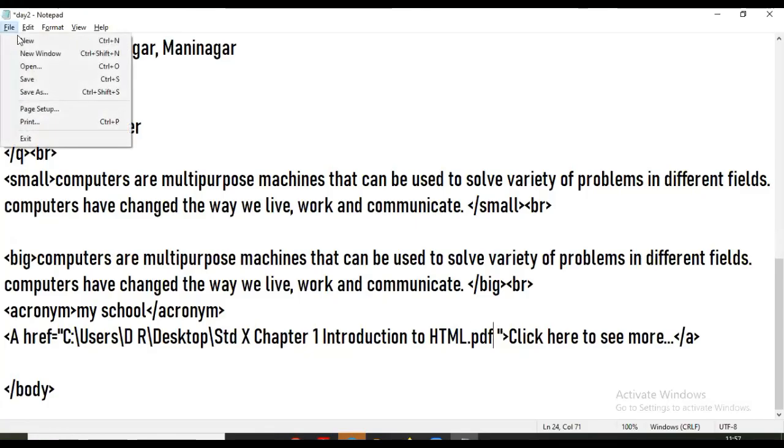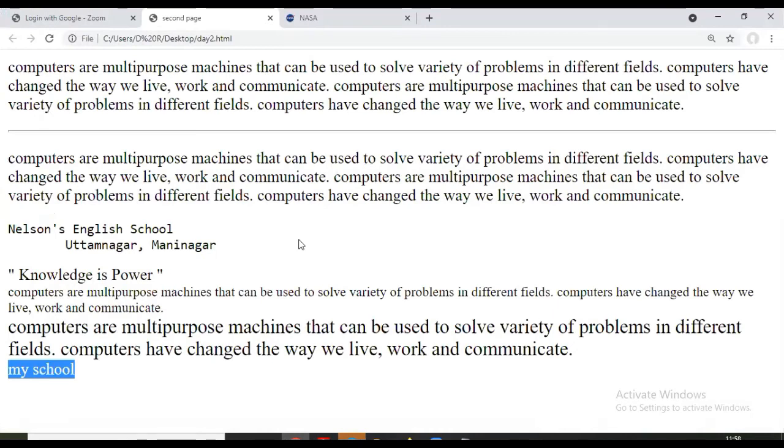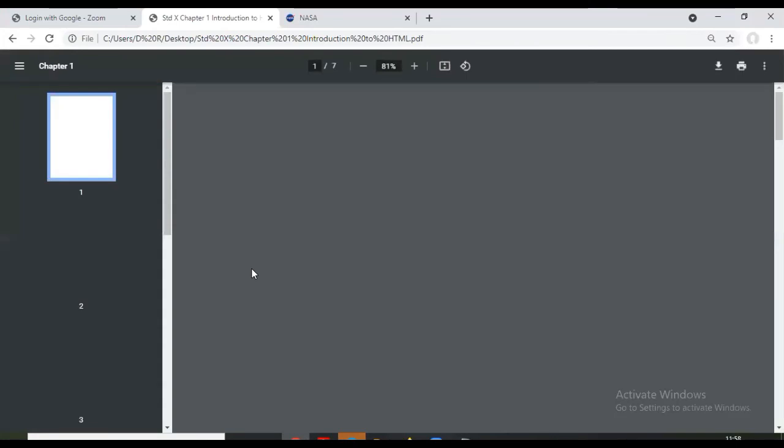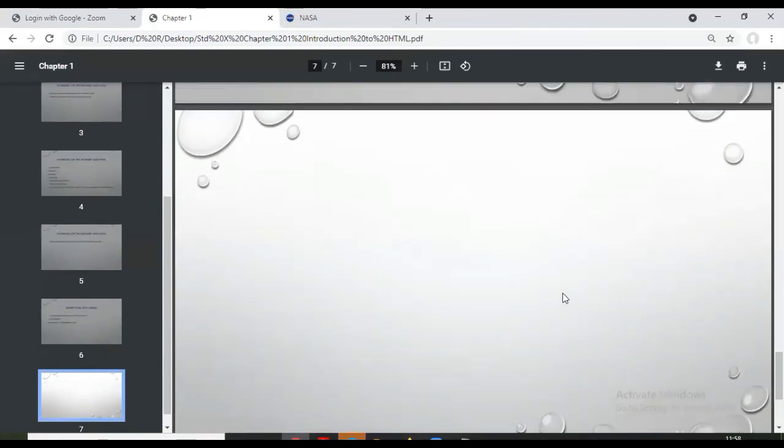Now let's save this page and see what happens. Before that, we are going to put one more BR here and save. And let's see the output. Refresh. You can see this: click here to see more. This text is different from other text, so that the user can come to know. See this, this is my basic cursor. Now when I move it here, it changes, so that the user will come to know that this is a link. When I click here, this file opens. So this is a link.